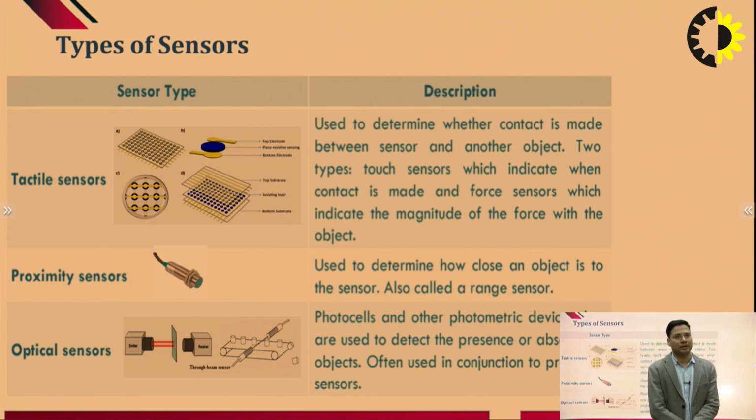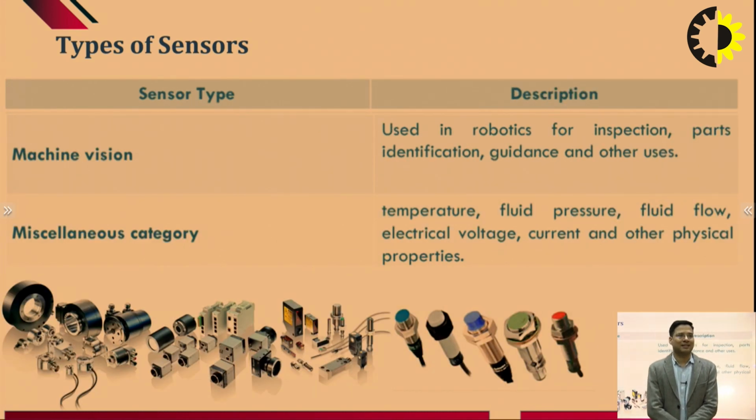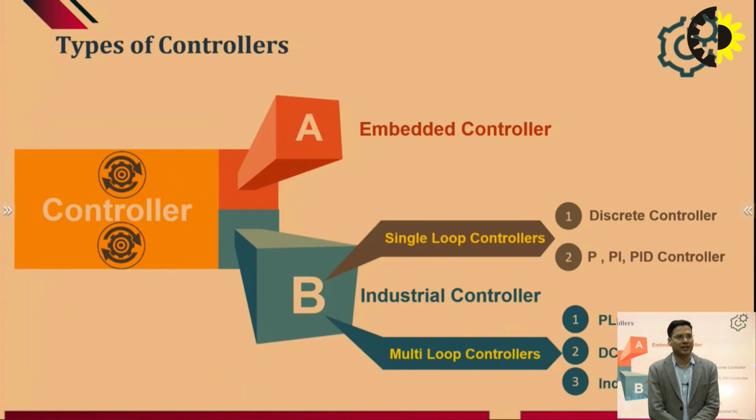So one category is physical sensors, the other category is proximity sensors, wherein we have the measurement in the proximity, in the vicinity. So we call them proximity sensors. Capacitive sensors, inductive sensors, and optical sensors all lie in these proximity sensors. Okay. So sensor type can be your vision type. There can be some miscellaneous categories which can be used in a variety of industrial applications.